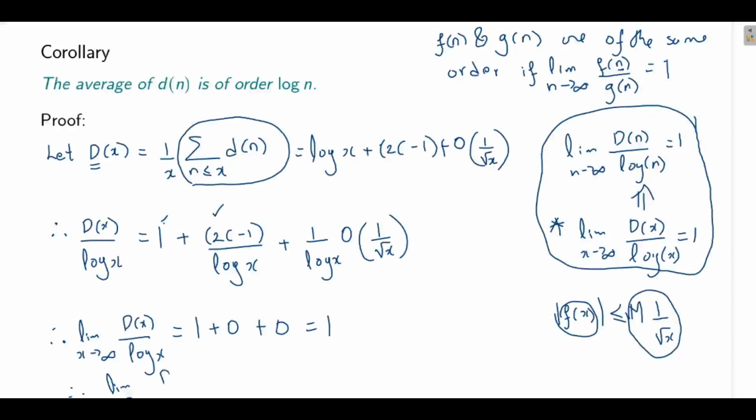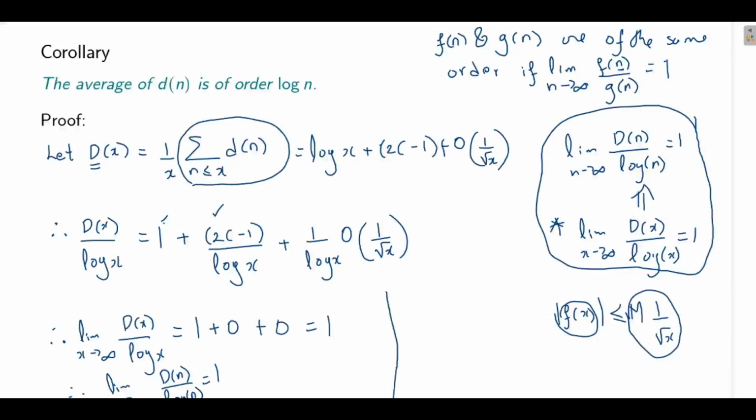n tends to infinity, d of n upon log of n will be 1. Okay, exactly what we wanted to prove. So this tells us something very interesting. I will show you all the diagrams here at some later stage, but keep these things in mind. Okay, so this says that if I plot out these dn's, if I plot out the average of dn's,